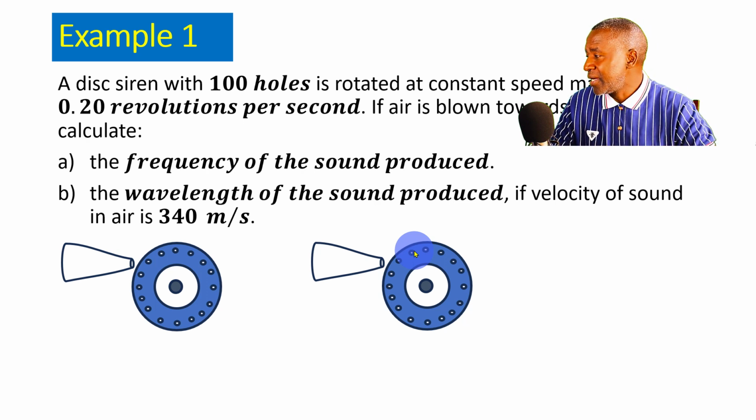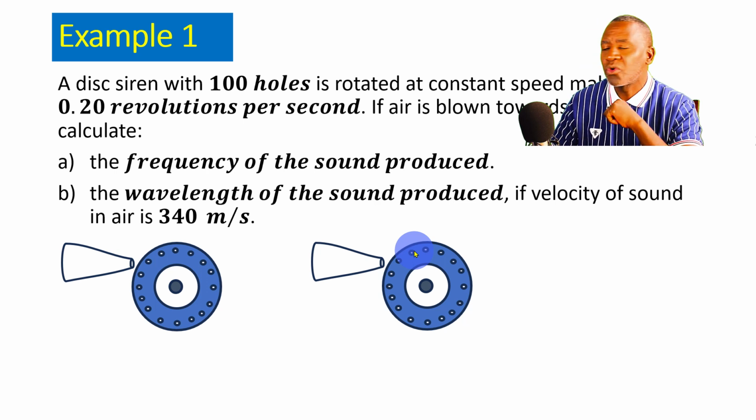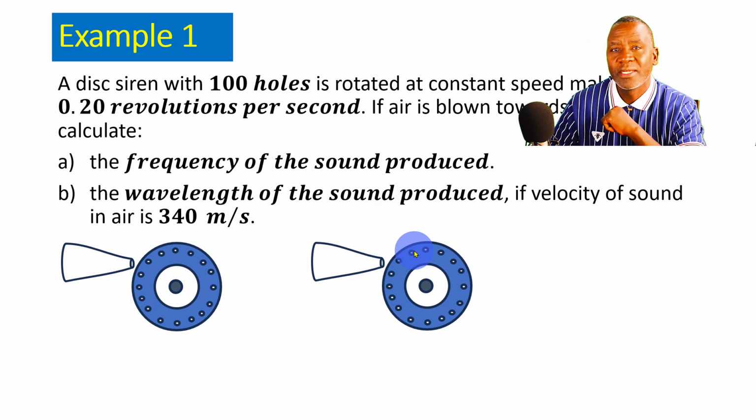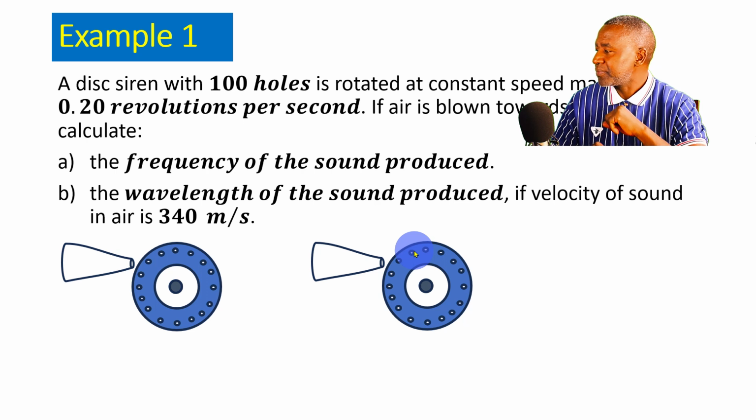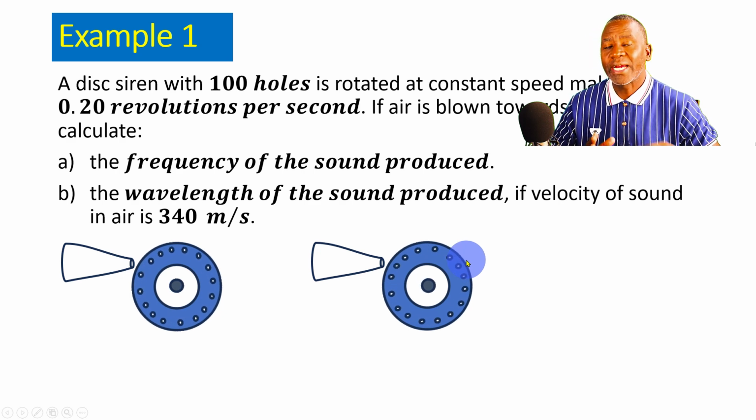So over here, the frequency will be 0.2 revolutions per second times how many holes it has, which is 100 holes, right? So let's go back to the other slide, whereby I will take you through now the calculations for